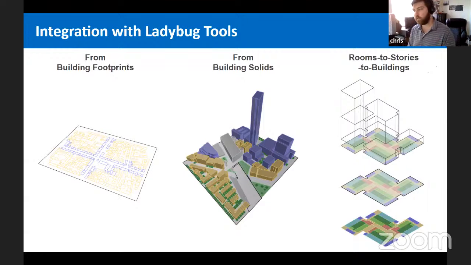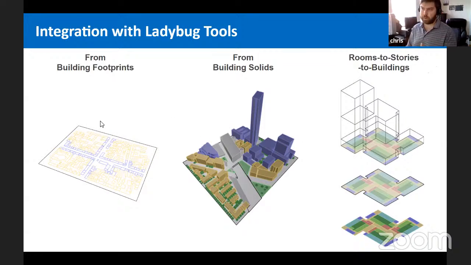And we tried to tailor these to the most common types of urban data sets. So I'm going to take you through each one of these to show you how they work from the Rhino Grasshopper interface. Starting first with the coarsest or most abstract way to assemble models from building footprints, and then moving to building solids, which I'm sure many of us are familiar with working with in early stages of design, working with building massing. And then finally, the most detailed way of constructing our urban scale models, which involves the ability to customize zones on a room by room basis.